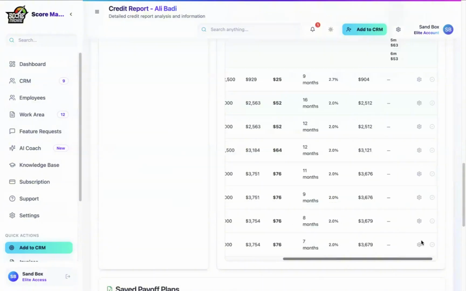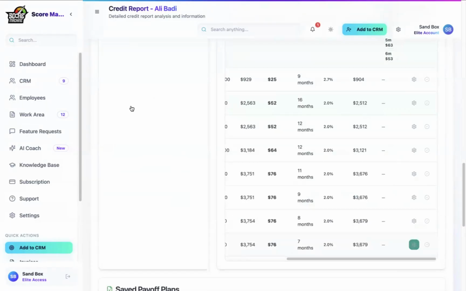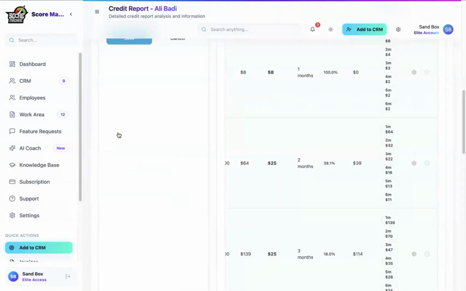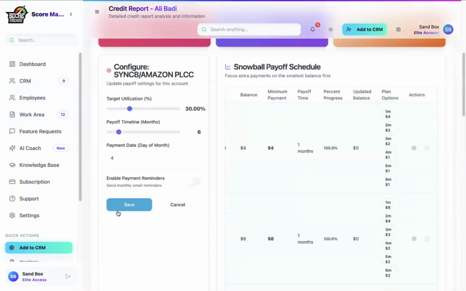Say, for instance, you want to bring it down to 30%. You'll leave that there. How many months do you want to take to pay that off? You can change that here. What date do you want to get that reminder on? Change that or make that date here. This is going to provide you with emails reminding you to make that payment. You'll go ahead and save it, and every fourth of the month, you'll get an email letting you know it's time to make that payment. Then we have to agree to the terms here. This is a projection of how much you possibly